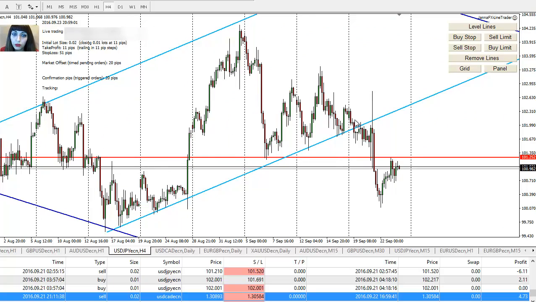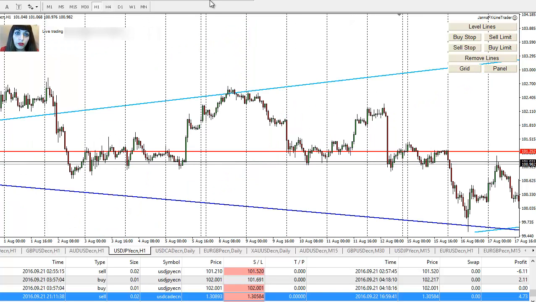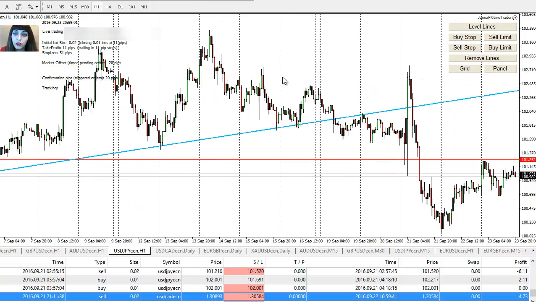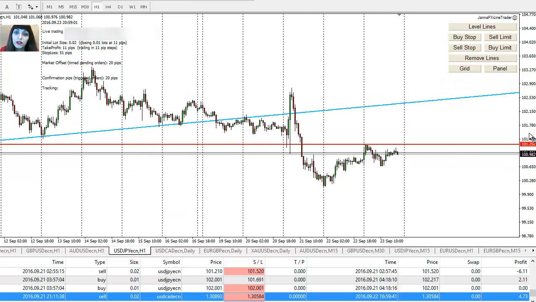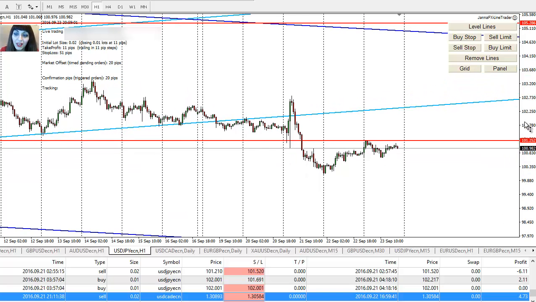I was watching also, had some nice trades for it, and we had news. I was saying to you they were on Tuesday, well, depends on which time zone you are. And before FOMC, I used the expert and I placed the trades. And of course, I couldn't watch it because in my time zone I was sleeping. I wasn't able to see what's happening. And this is what happened. So we had the news